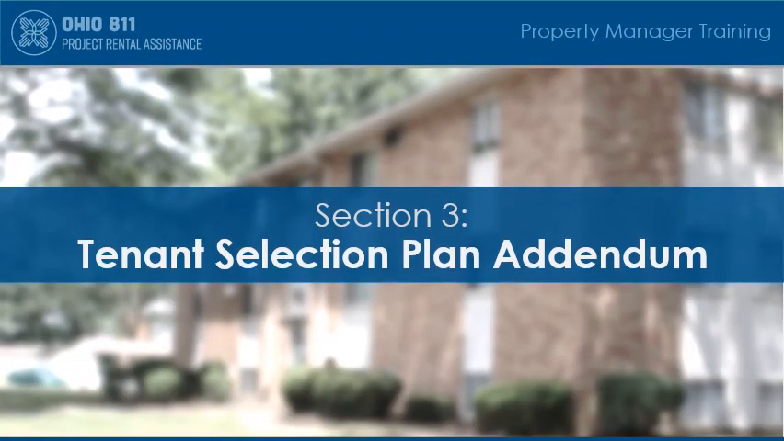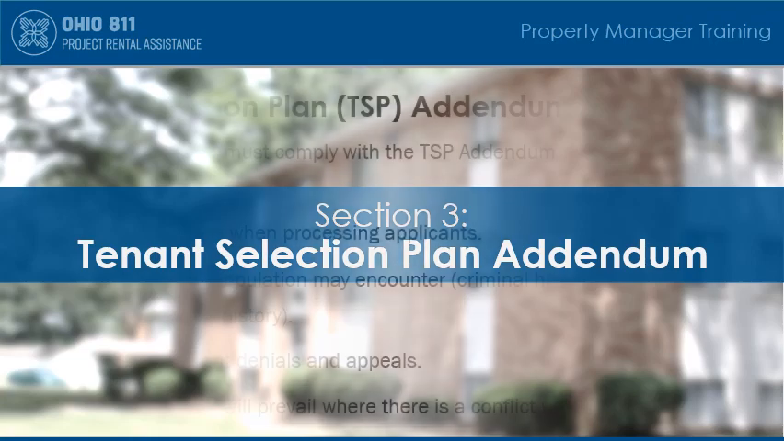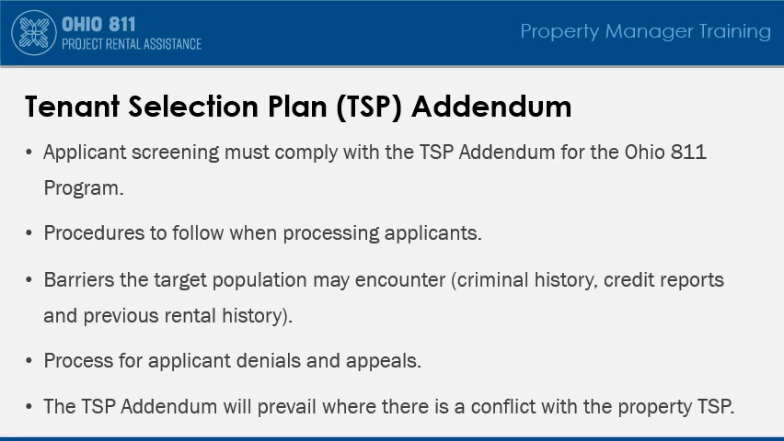Now, we will discuss the Tenant Selection Plan Addendum, an important part of the application process for Ohio 811 program units. Upon submission of an application, the property manager fully screens the applicant according to their procedures and within the requirements